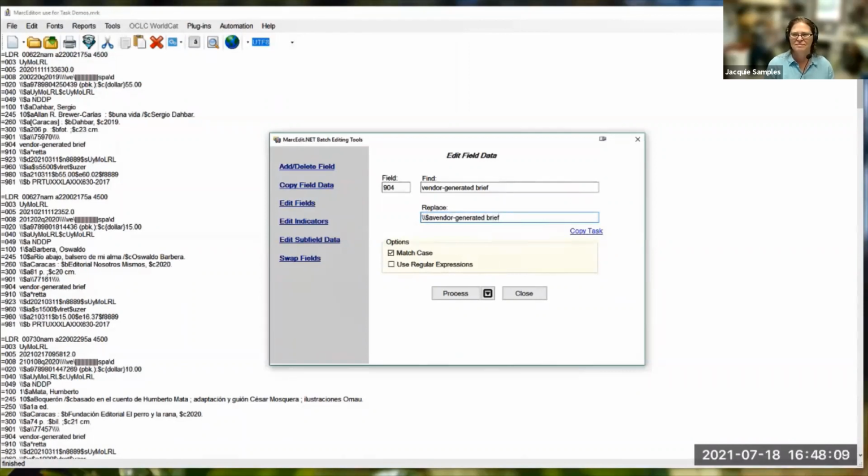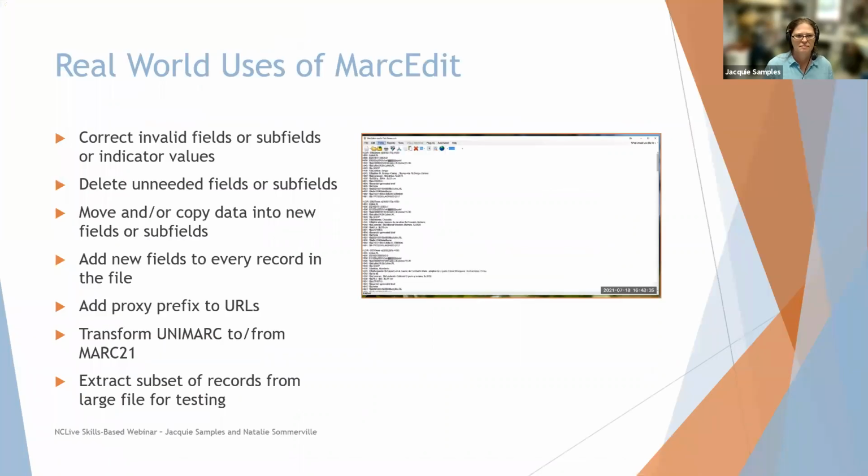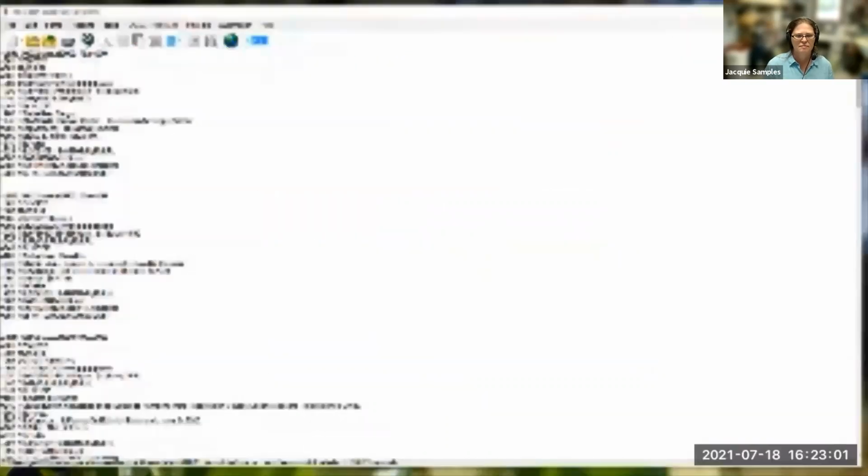So I'm going to process it. 21 modifications were made. All those numbers are matching up. And now I have a correctly formatted note in my record, so I can use it. I can load the records and it will work correctly for future processing in the ILS. I'm going to show you